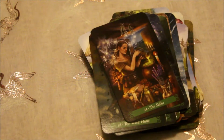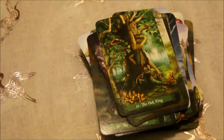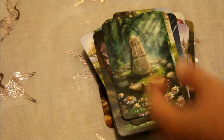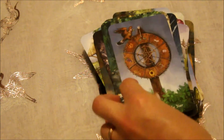The She. Or the She, sorry. The Lord of Shadows. The Oak King for the Hanged Man, Standing Stone, the Justice card. However, you can see the scales on this Standing Stone here as well. That's very interesting. The Wheel of the Year,